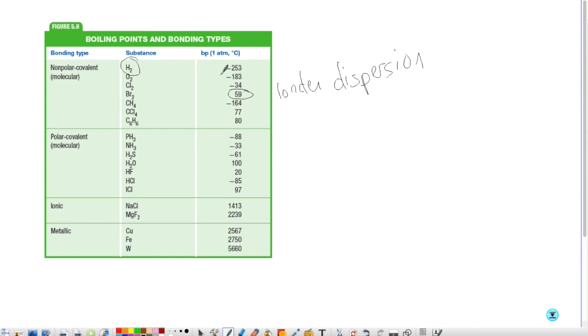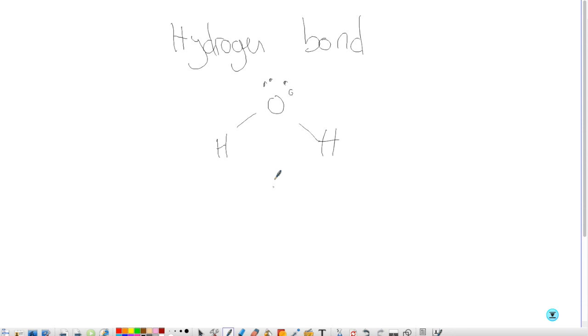Now the last one that I want to talk about is sort of a special case. Okay, and that is, let's say, for example, water. It stands out that water has an extremely high boiling point. Okay, and that's because water can do something called hydrogen bonding. All right, now if I look at water like this, and here are my electrons, that's great. I know that there's a net dipole going this way through the molecule, but if I write water like this,